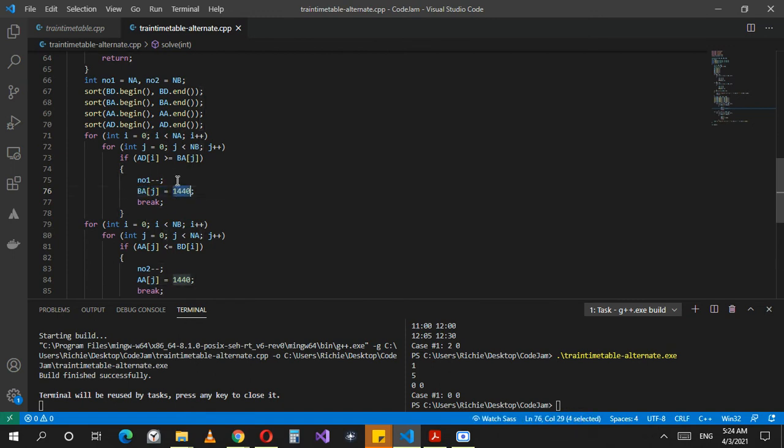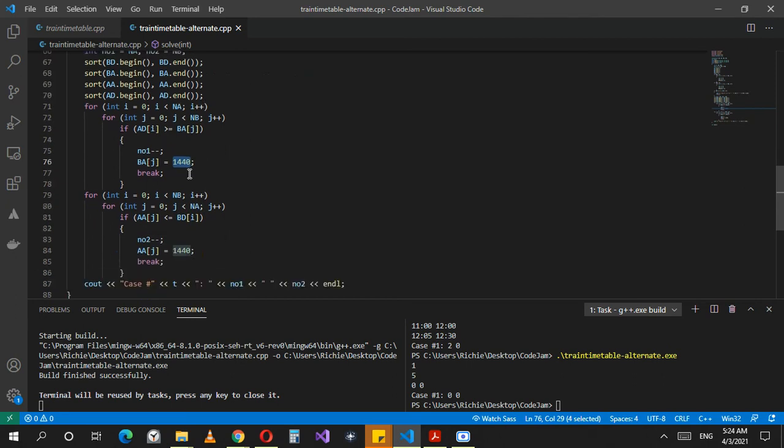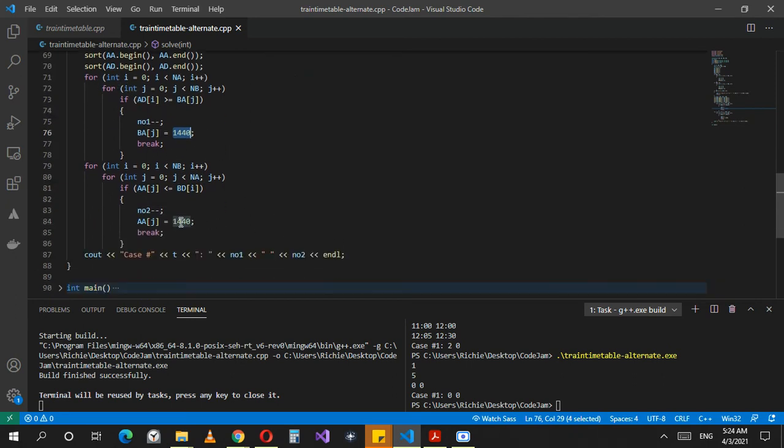So you have to be very careful with these. When you start rewriting code, the logic is right. You're just not sure where it's going wrong. Just look at everything. So I have the 1440, like I said, it's the max value. No one can reach this value. The max value is actually, I guess, 13:59. No one's going to reach 1440.